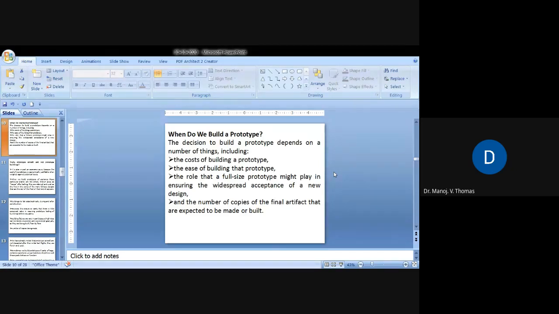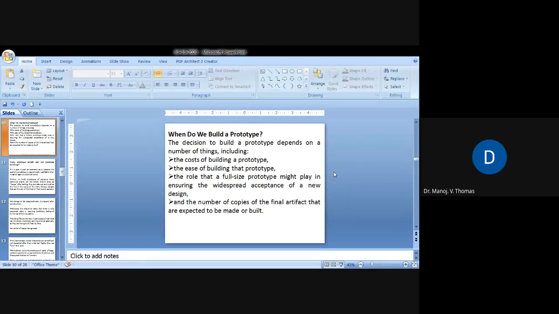Obviously, the cost of building a prototype: whether the cost is too high or low, can it be afforded? Ease of building a prototype: is it easy to build, or is it difficult? The role that a full-size prototype might play in ensuring widespread acceptance. What is the advantage if we construct a prototype and get it tested?